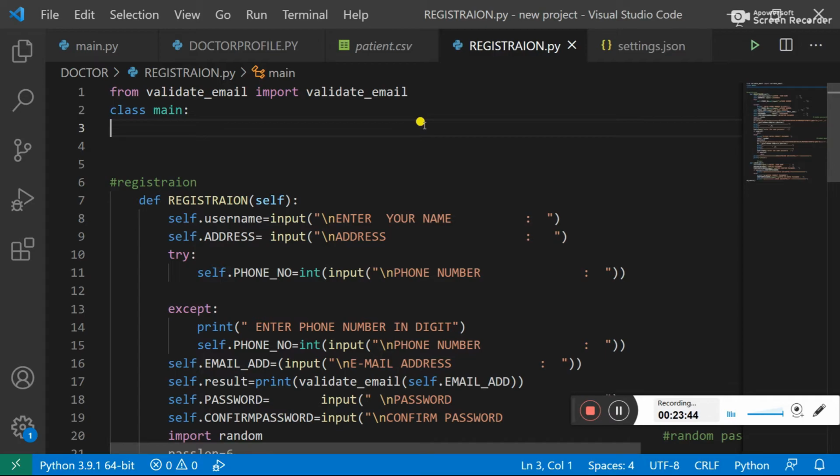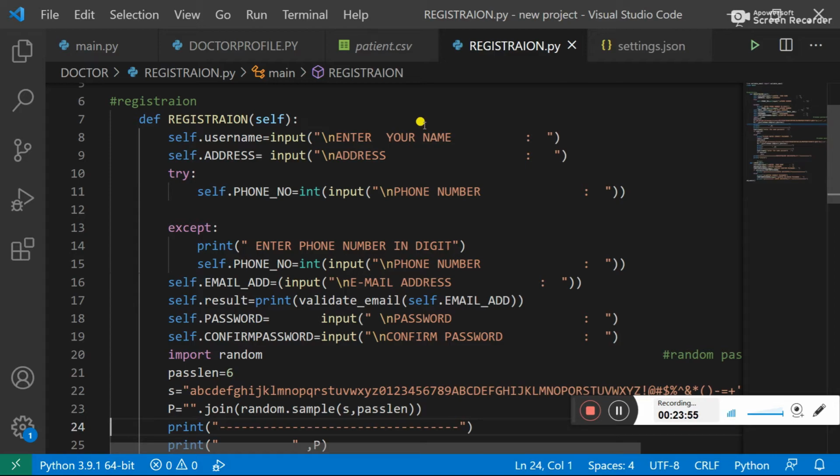Here I am using validate email to check whether my email is valid or not. So in the registration field we input some data like username, address. Here also I am using the try and except block, because we know that in phone number an exception can be generated.